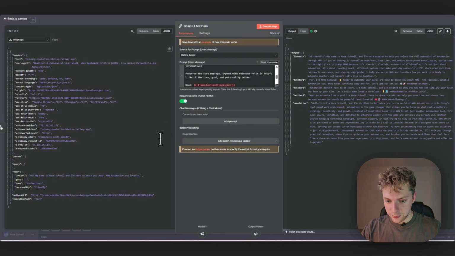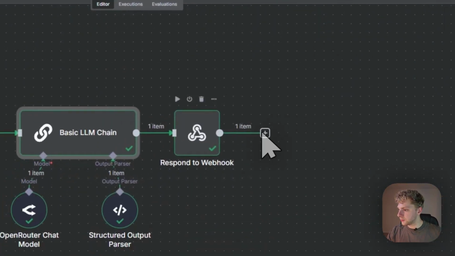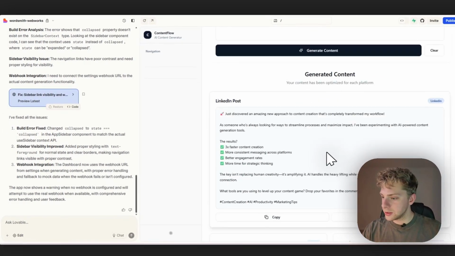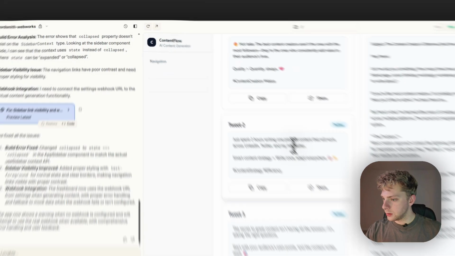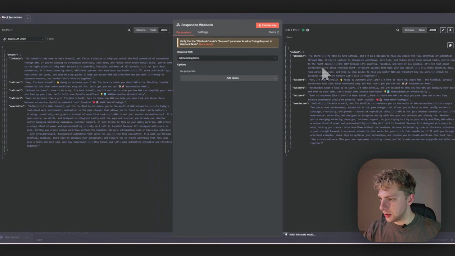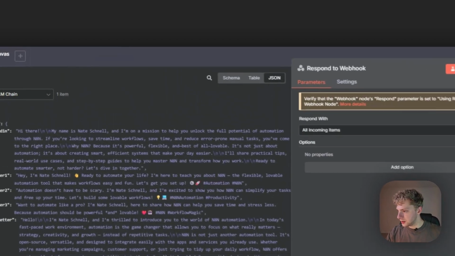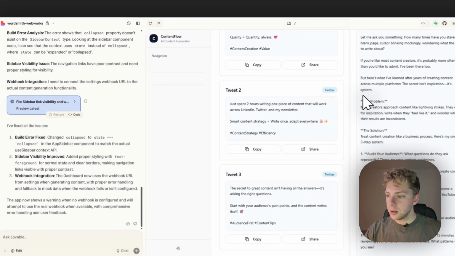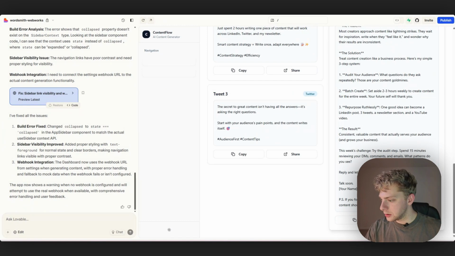These aren't set up, but that should be no problem. So respond to webhook. Let's see what we got. Okay. These don't look like the items that were created here, because a lot of these have my name in them, and the items that were added under here do not. So